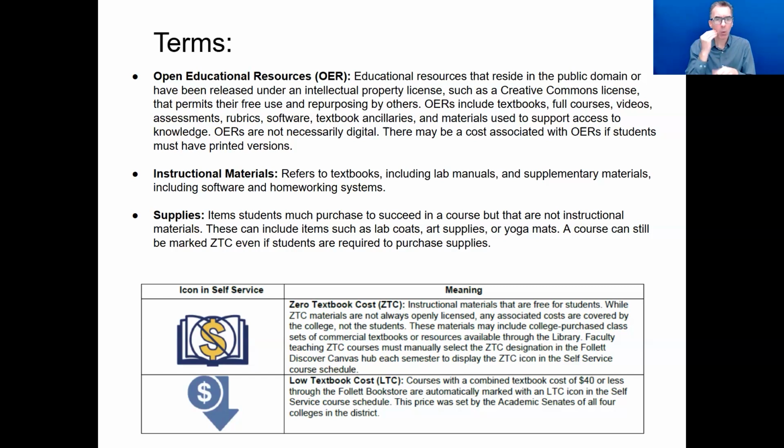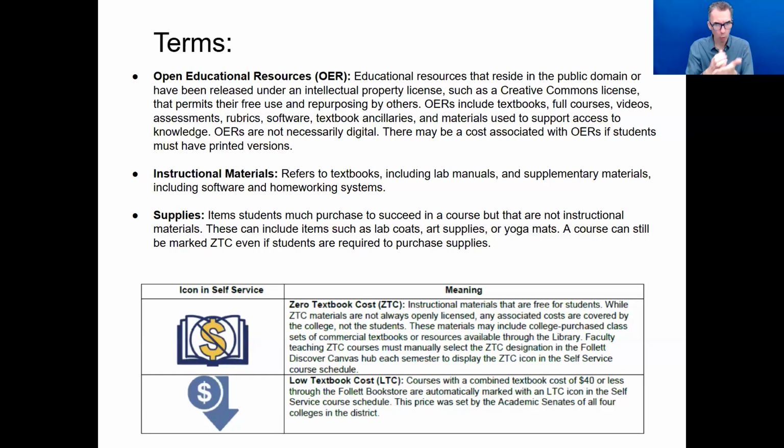Supplies are in a different domain. And when we talk about OER, we really are excluding supplies. There are some ASCCC resolutions that are out there that address supplies. And so we expect that in the future, there will be some legislation on how to indicate if there's a cost for a supply for your course. But right now,